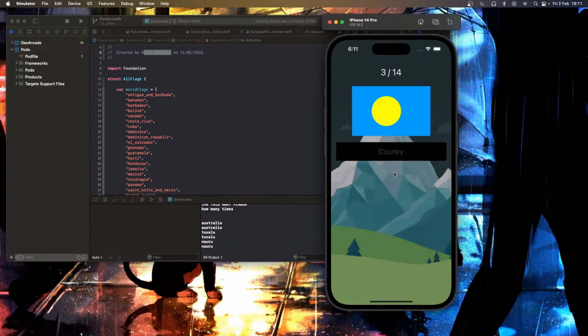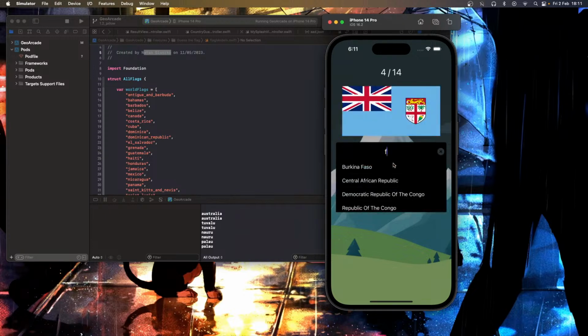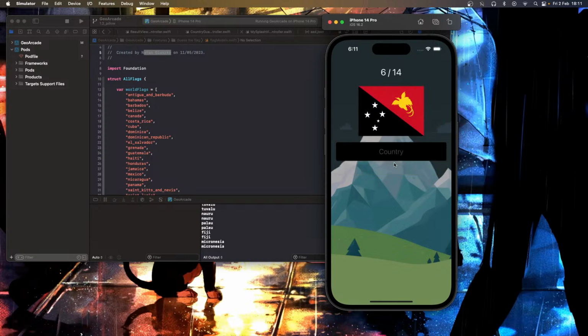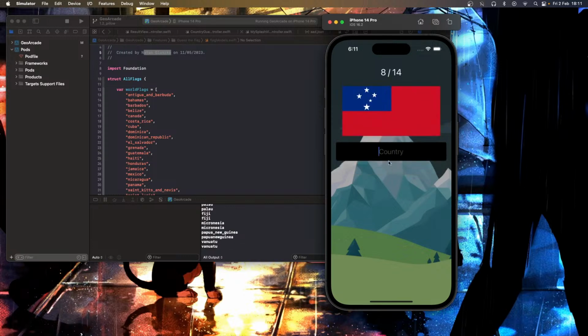Might be butchering these pronunciations. Another one. Then we have Fiji. Let me just do this one to show the end screen as well. Micronesia, Papua New Guinea, Vanuatu, Samoa,